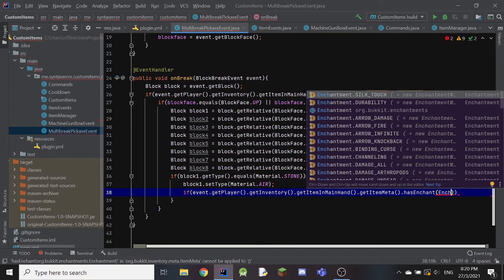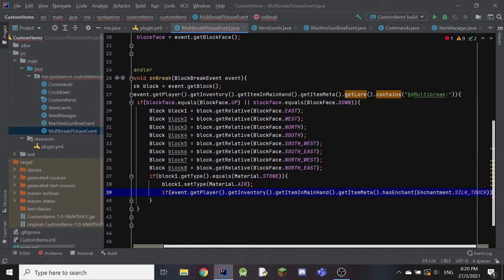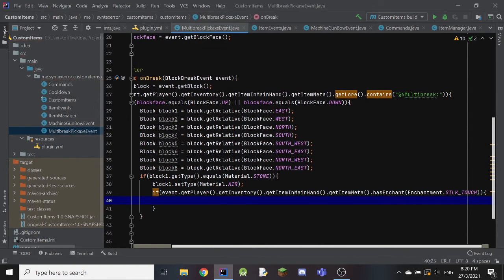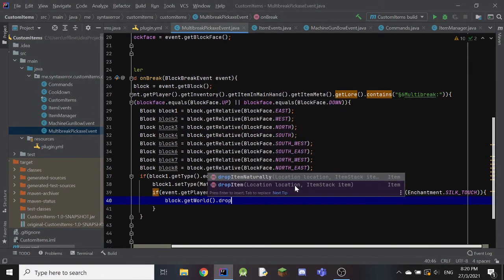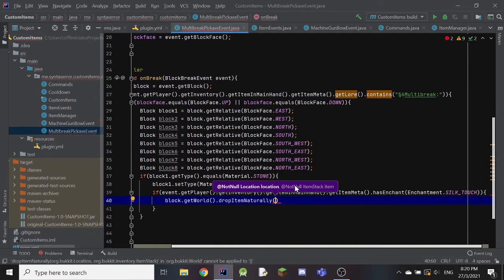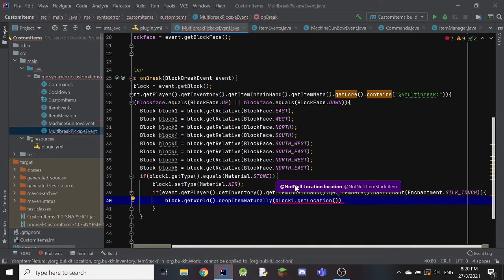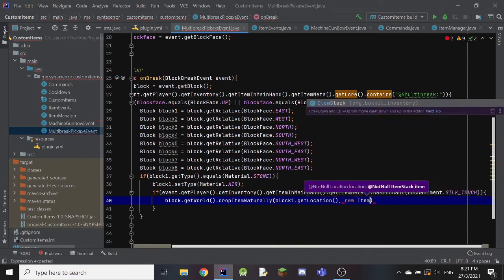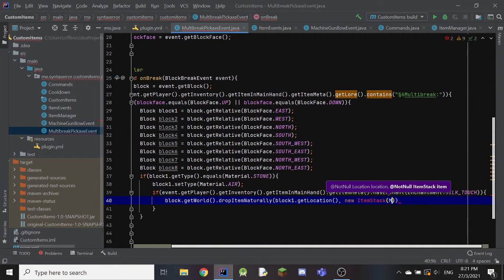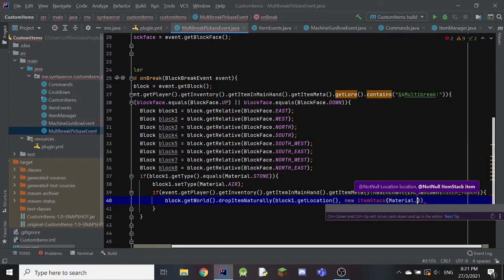In the brackets we're going to put Enchantment.SILK_TOUCH, and if it does, we are going to do block.getWorld().dropItemNaturally(block1.getLocation(), which means that we want to drop a piece of stone where block1 was. And over here we're going to put new ItemStack, with material as stone,